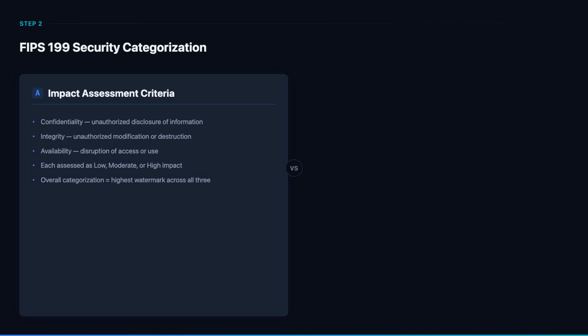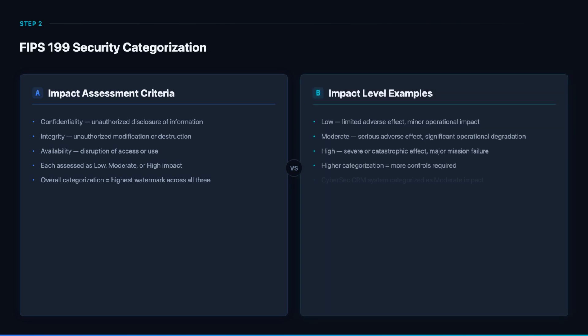The overall system categorization uses the high watermark principle. If any single objective is rated high, the entire system is categorized as high impact. Low impact means a breach would have limited adverse effect, minor inconvenience, or cost. Moderate means serious adverse effect with significant degradation of operations. High means severe or catastrophic effect that could result in major mission failure, serious harm to individuals, or significant financial